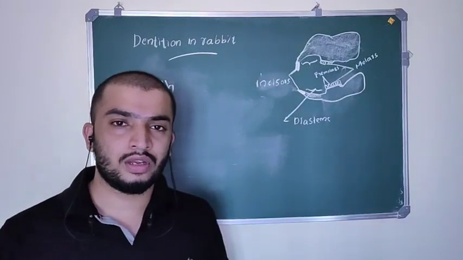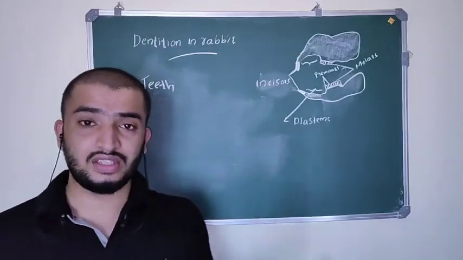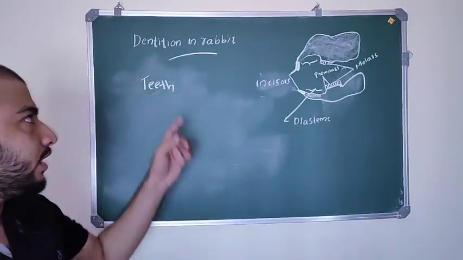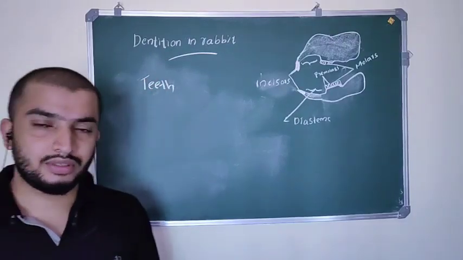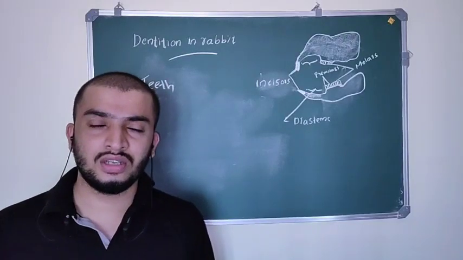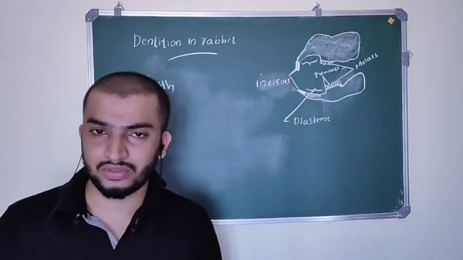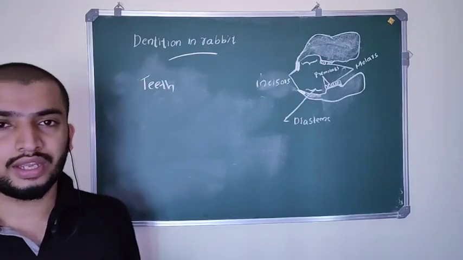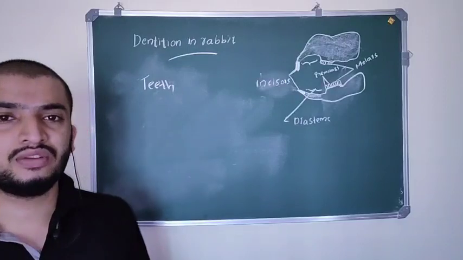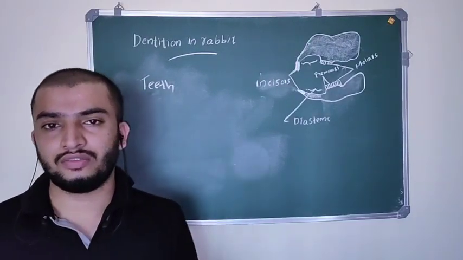We already completed each part, and last class we discussed the digestive system of the rabbit. Now we are going to deal with dentition in rabbit. Teeth are very hard structures which are used to grind, cut and tear the food items. In rabbit, we are going to check what type of dentition is found and what the different types of teeth found in rabbit are.